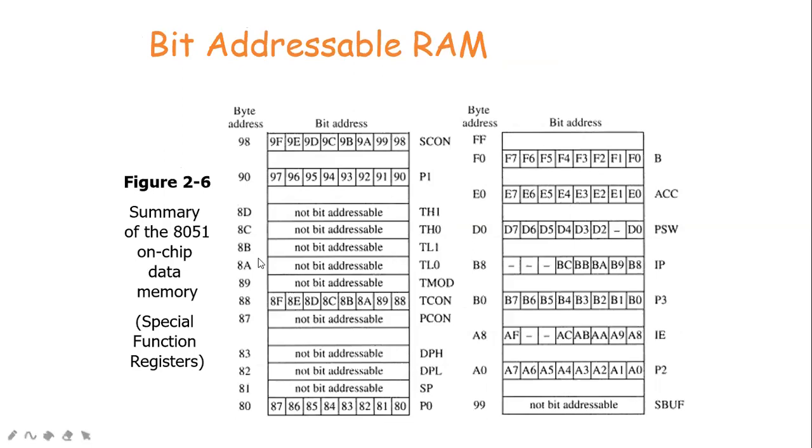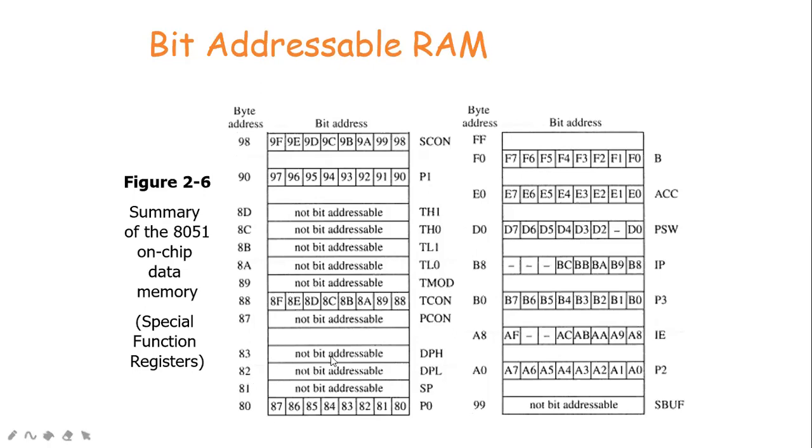Remaining 80 to FF. So 80 is the address for P0. The 8051 has 4 ports, and each port has its own 8-bit register: P0, P1, P2, and P3. The address of P0 is 80, P1 is 90, P2 is A0, and P3 is B0. Like that, the data pointer lower byte is specified with the address location 82H,